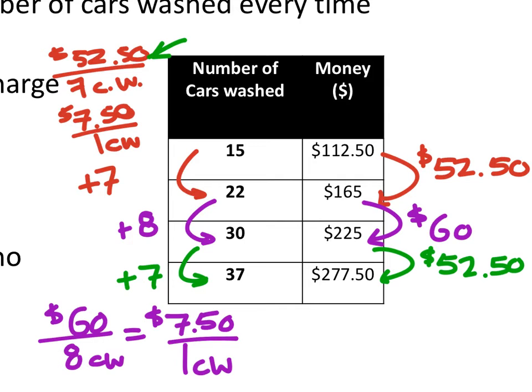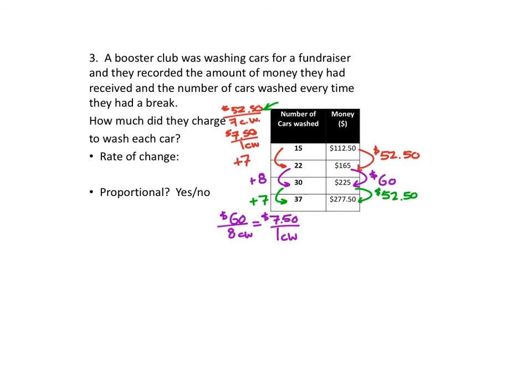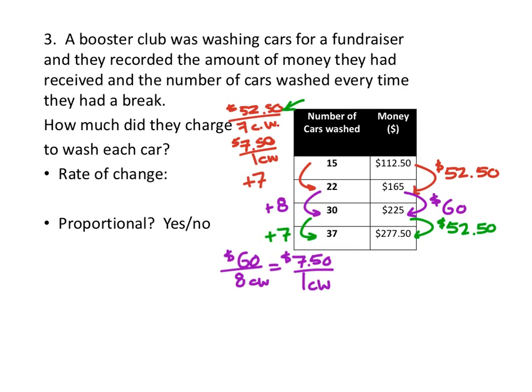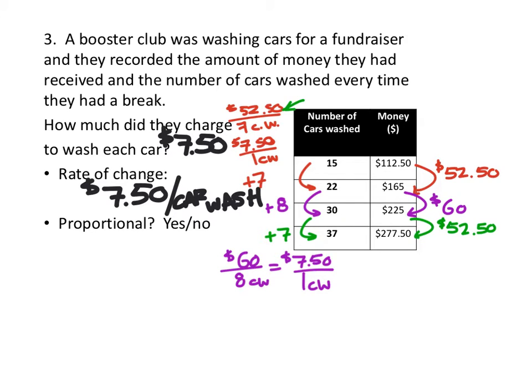So we can go back to the question now, which was how much do they charge for each car wash? Yeah, it was $7.50 for each car wash. Okay. Well, then the question becomes, what is the rate of change? That's all we need. It was $7.50 per car wash. Now again, that is a unit rate. The rate of change is not always a unit rate, but it would make sense to compare this in a per 1 car wash